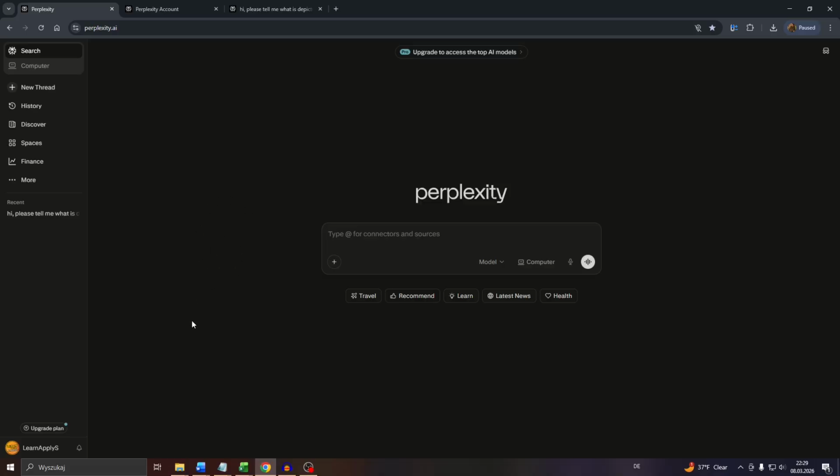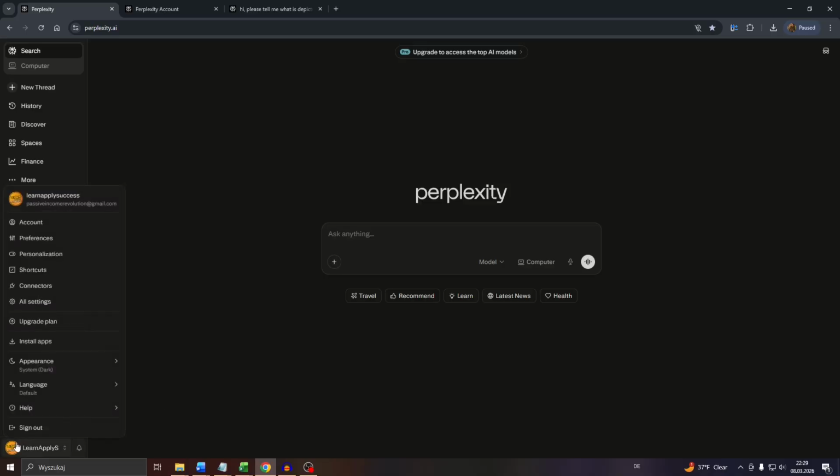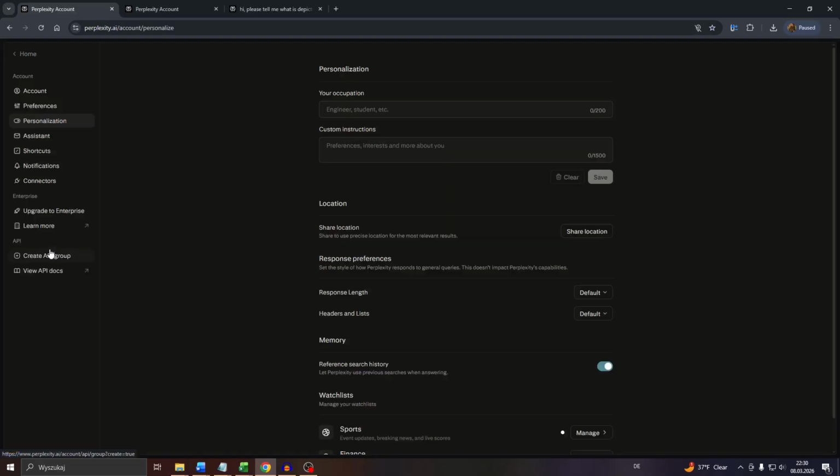So guys, if you'd like to personalize responses and conversations you receive from and have with Perplexity AI, you will need to log into your account and click into your profile icon in the bottom left and navigate to personalization settings. Here in the personalization settings, you may navigate to custom instructions and, for example, provide information about you. For example, give the artificial intelligence the instruction to use a specific tone or a language, or to include or consider information about your preferences and interests